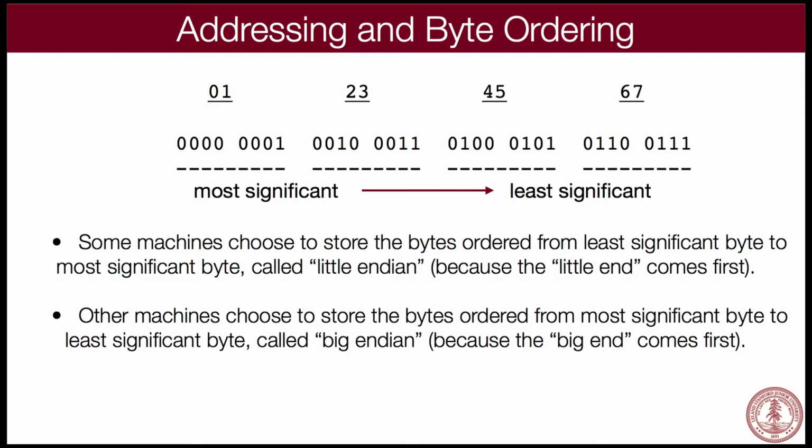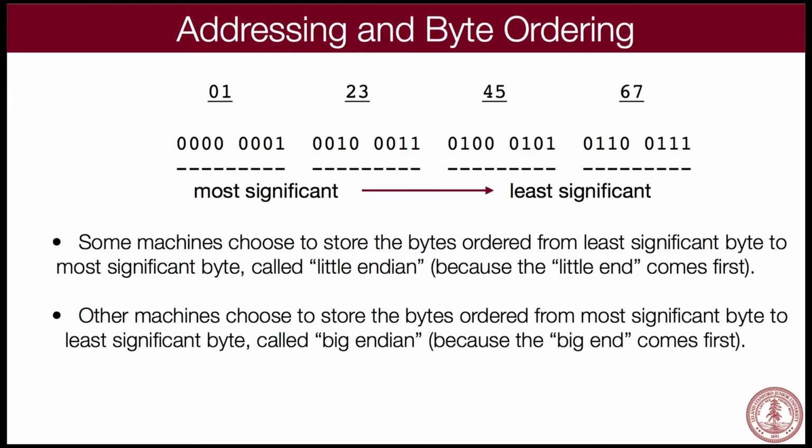Okay? If we said that this was byte 01, and this was byte 02, and this was byte 03, and this was byte 04, we could store that number 0x01234567. We could store the 01 here, the 23 here, the 45 here, or the 67 here. That's one way to do it. The 01 is the least one in memory, right? The 01 happens to be at 01 in memory. The 23 happens to be at 02, which is higher in memory than the 01, and lower than the 03. Does that make sense? Kind of. People look at me like I'm a little crazy.